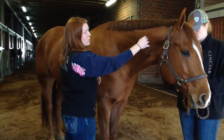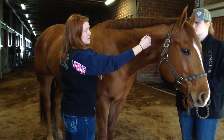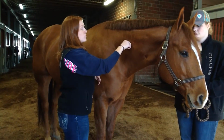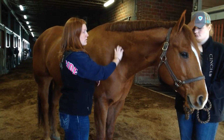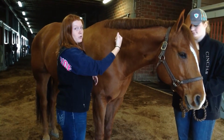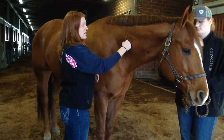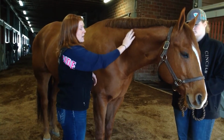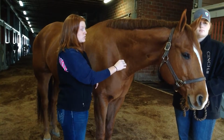And you're not going to want to be up here all the way on the neck, because it is also hard to grab, and it's not really good to get a good pinch on. So I'm going to come back here inside this triangle, and I'm just going to grab hold between my thumb and forefinger and pull it up. I'm going to hold it for 2 seconds, and then release it and count how long it takes to go down. So his took about 2 to 3 seconds to unpinch,